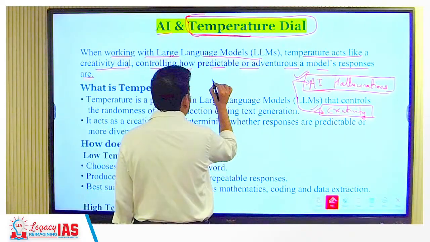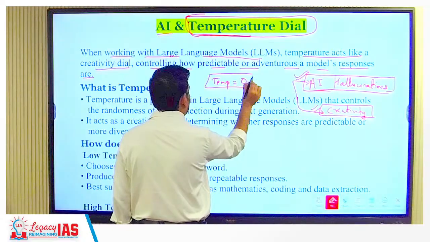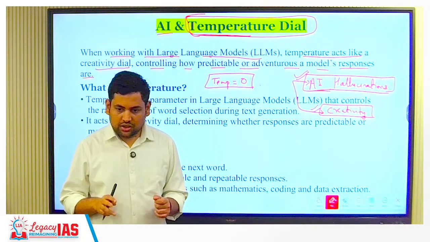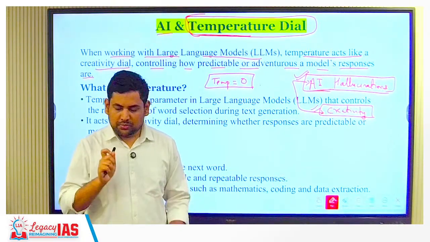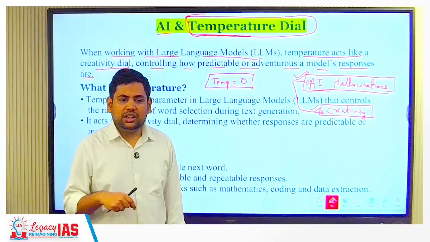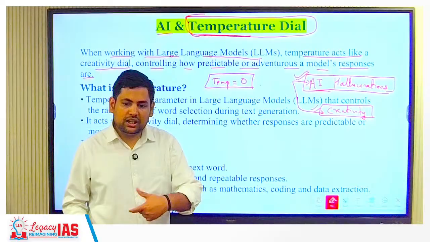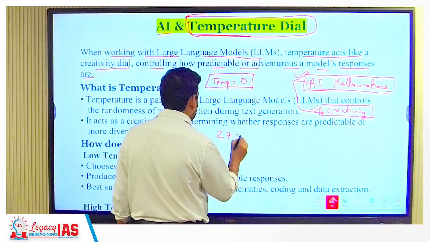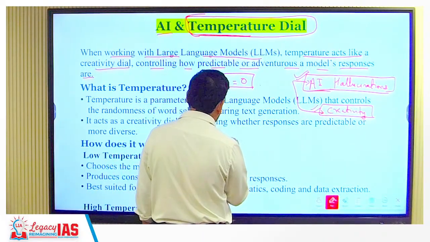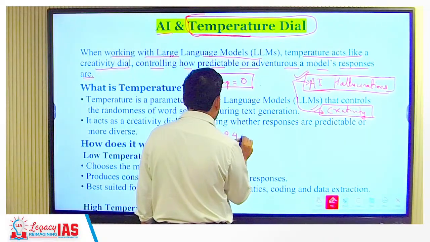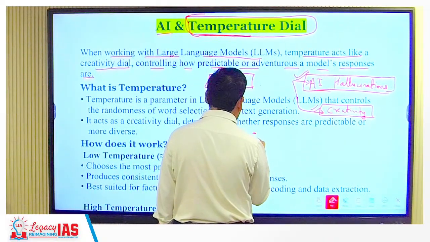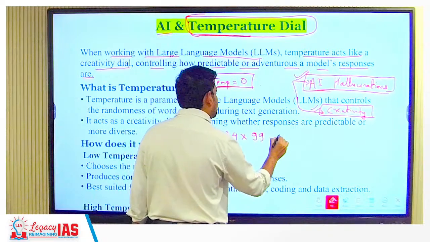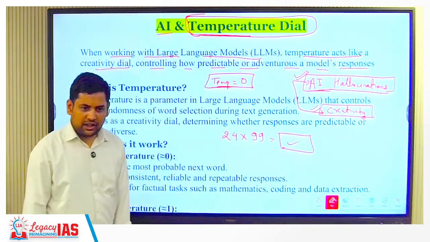Now, if the temperature is 0, that means what? It is completely factual. It will not go here and there. It will just give you the result directly, the perfect result, but directly. But it will not create the things that you want, or be much better tailor-made for you. For example, if I ask it, let's say, now, one way, if this temperature is 0, it will give me the exact answer. Okay, whatever is the exact answer.